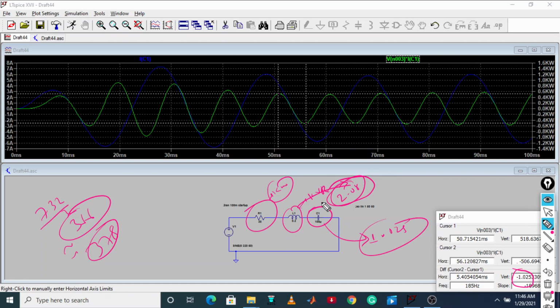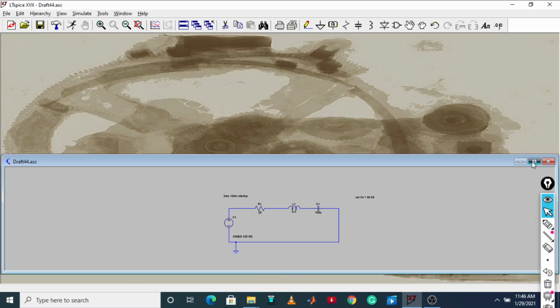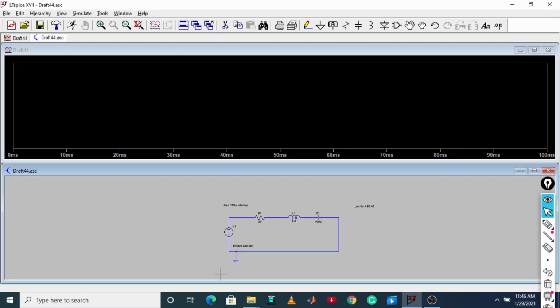This is the reactive power consumed by the capacitance. It means overall it will be lagging because the lagging power is more than the leading power. That's why initially we got the lagging power factor of 0.54. So this is all about your series RLC. Now delete this one. Now again we are going to see the simulation, the voltage pattern.